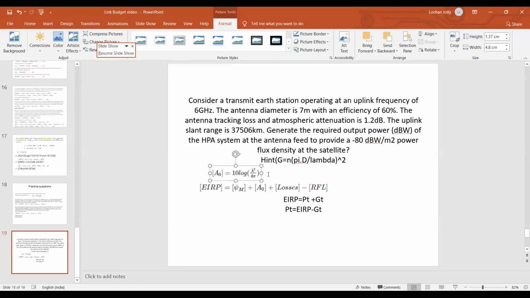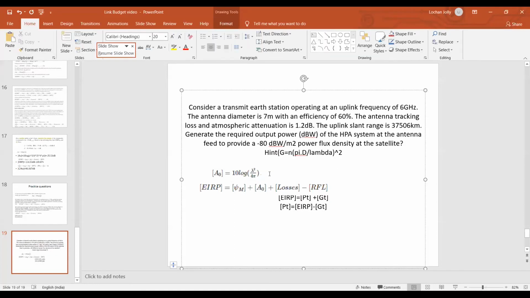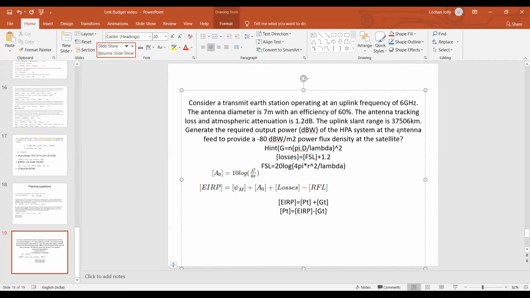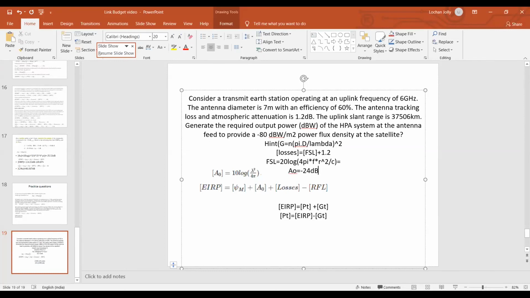आप free space losses use करेंगे. Feeder loss दिया नहीं है, हम लोग calculate कर सकते. Losses will be free space losses plus 1.2. R आपका है 37506 और लैम्डा के लिए आप F बाय लैम्डा इज इक्वल टू सी, सॉरी F इज इक्वल टू C बाय लैम्डा ना, तो लैम्डा इक्वल टू C बाय F. फ्रीक्वेंसी 6 गीगाहर्ट्ज, या डायरेक्टली वो अपना फॉर्मूला यूज करो. dB. FSL कितना आ रहा है कीर्ति तुम्हारा?